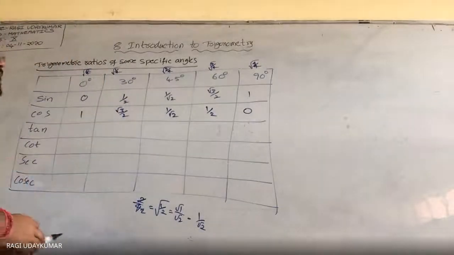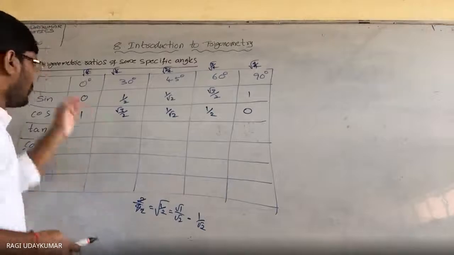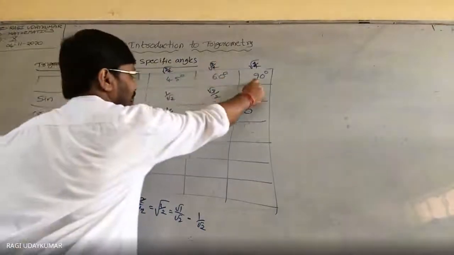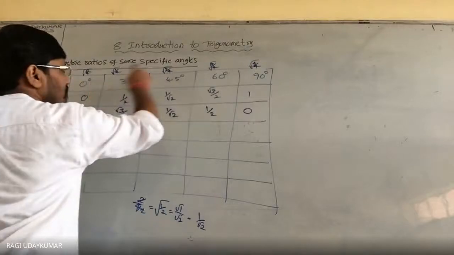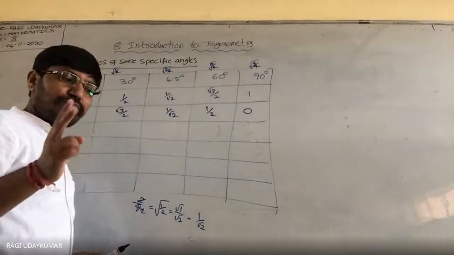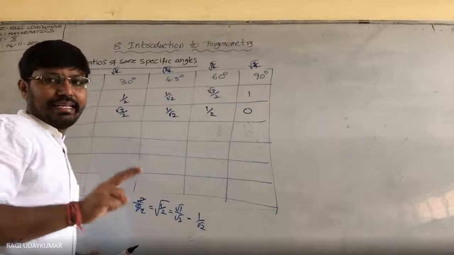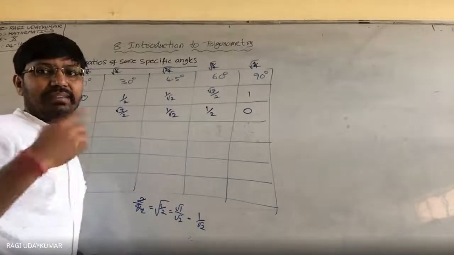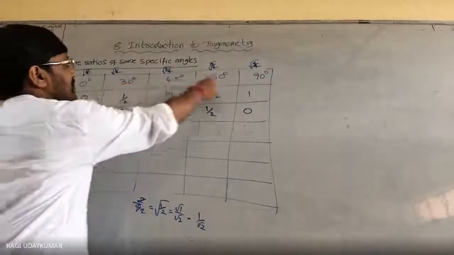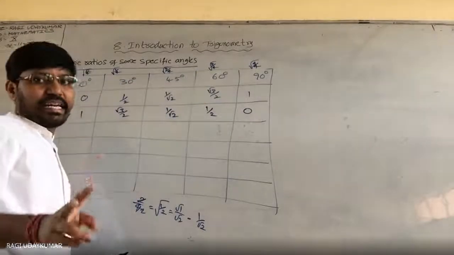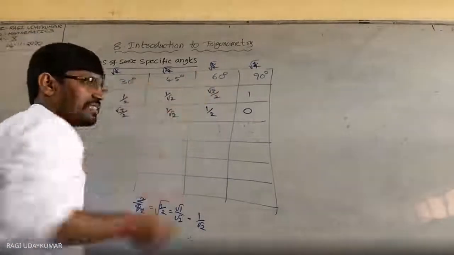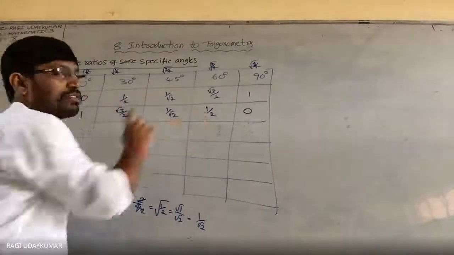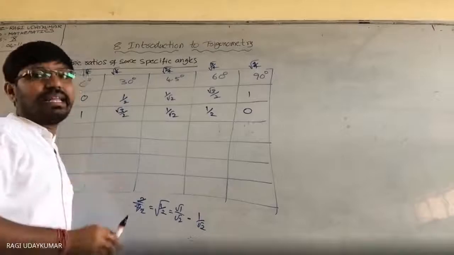Always don't consider it like this, writing in reverse order; I am saying this just to remember. Here is 0 degrees, here is 90 degrees. Sum the two. If the sum of two angles is 90 degrees, then sine of the first angle and cos of the second angle will be equal. See, what is the sum of 30 degrees and 60 degrees? 90. So sin 30 degrees value becomes cos 60 degrees value. Actually originally that is the thing.